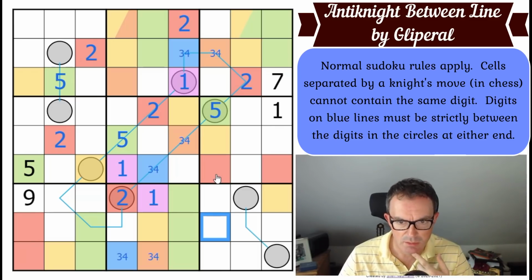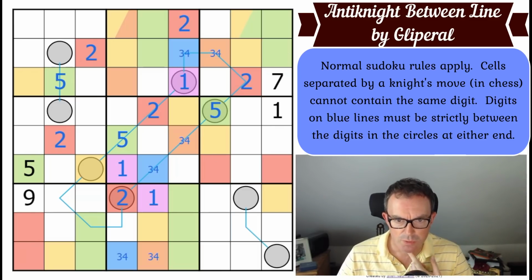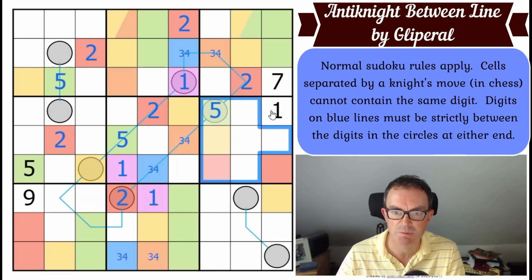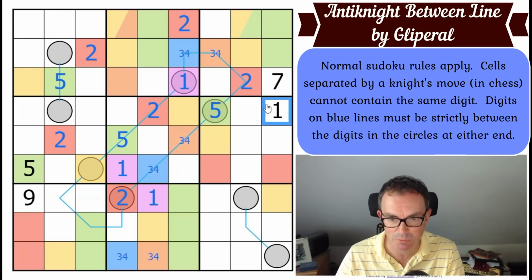Okay. What does this mean? This is the next question. I'm not sure. I can't do more with orange, to be honest. Look, what about this box and where orange goes here? Because orange is ruled out of these by Sudoku, but this one does more work by knight's move. Orange is not equal to 1 by the power of simple maths, because it's 3 or 4, and 3 or 4 does not equal 1. I think